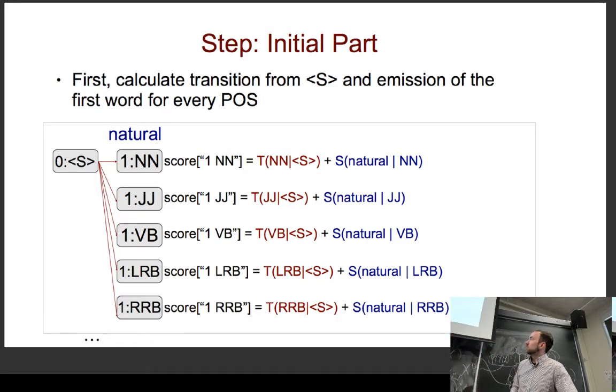So what we do is first we start out, let's say we want to say "natural language processing is a science" or something like that, and we want to calculate the score of it, or the partition function for all of the sequences. So we have our transition score here, which is calculated according to the sequence, according to our parameters. So we have our 10,000 parameters, and we calculate the score of the transition based on these. And then we also have our